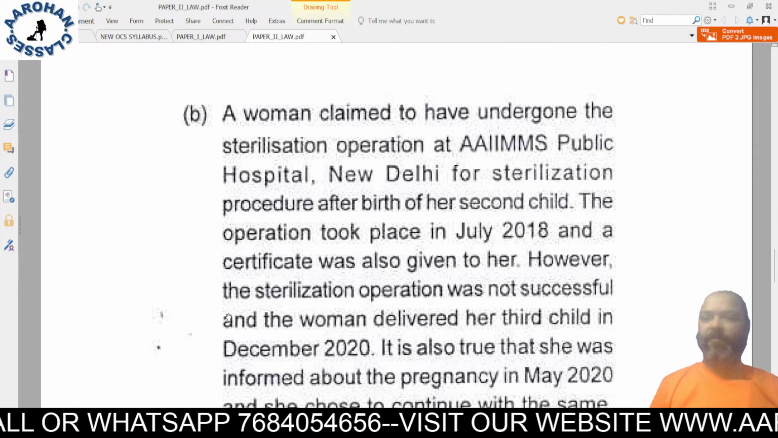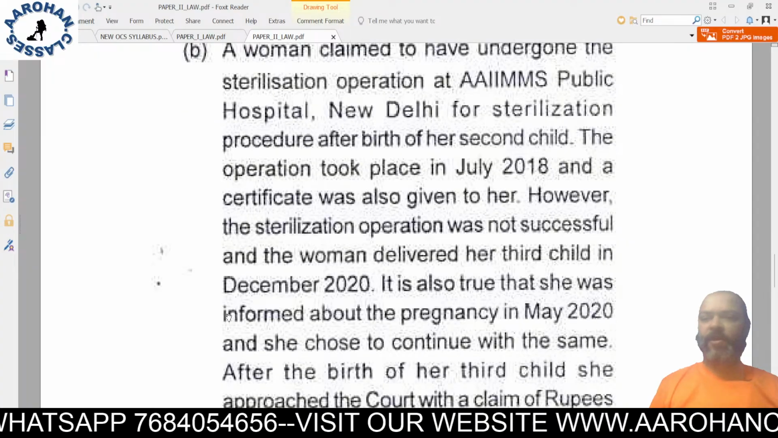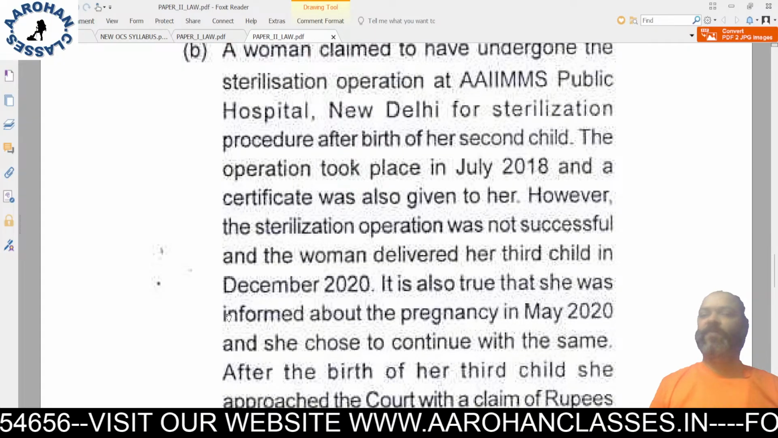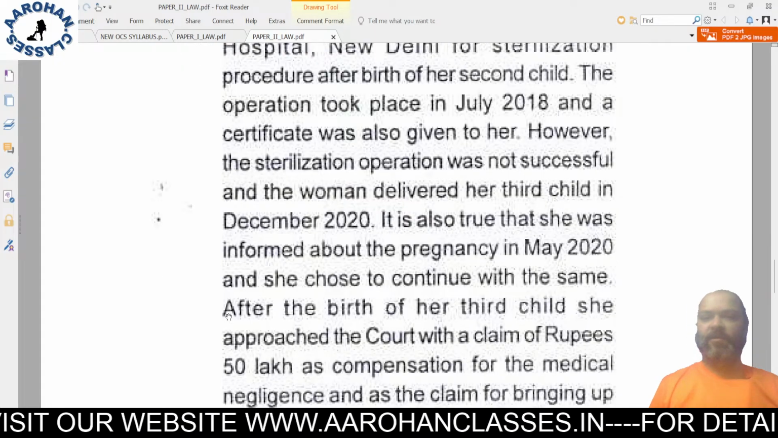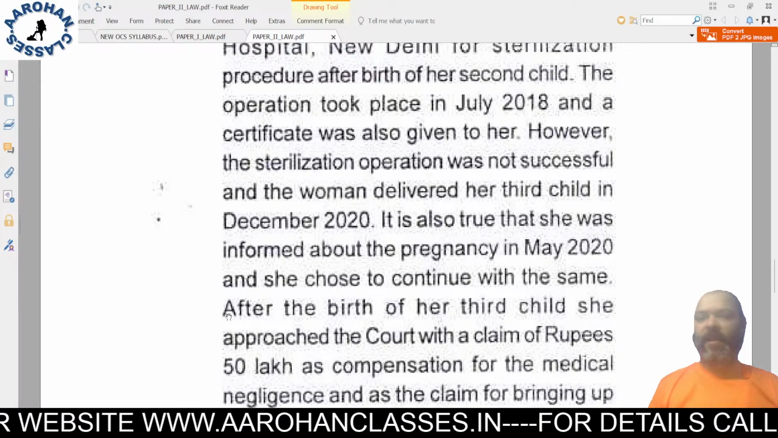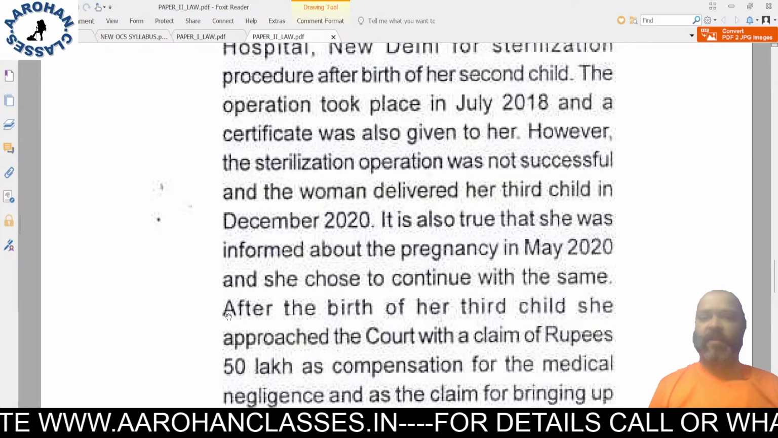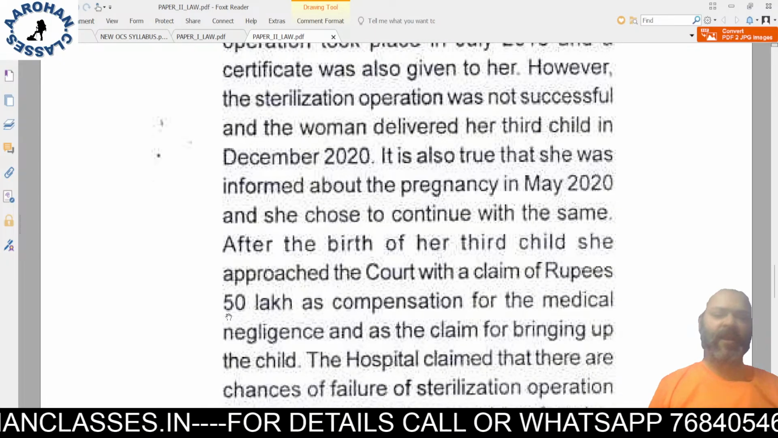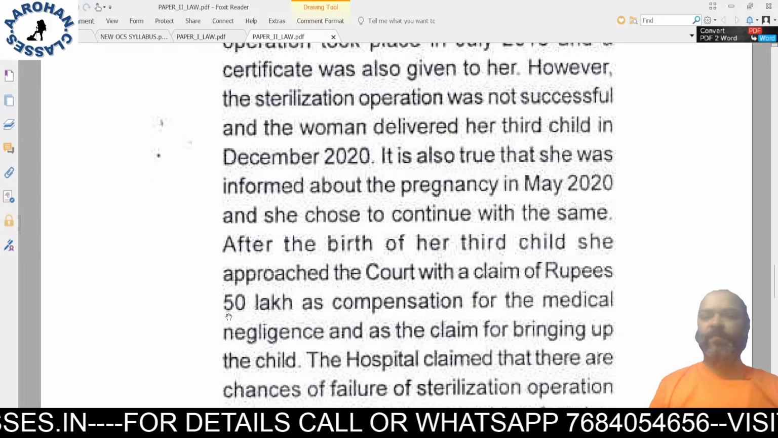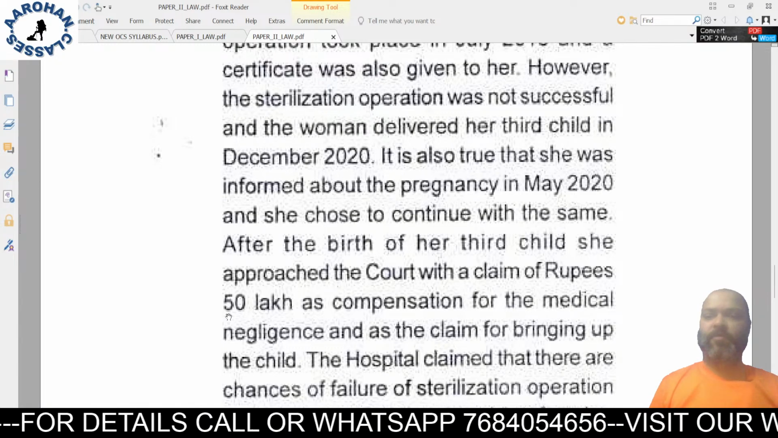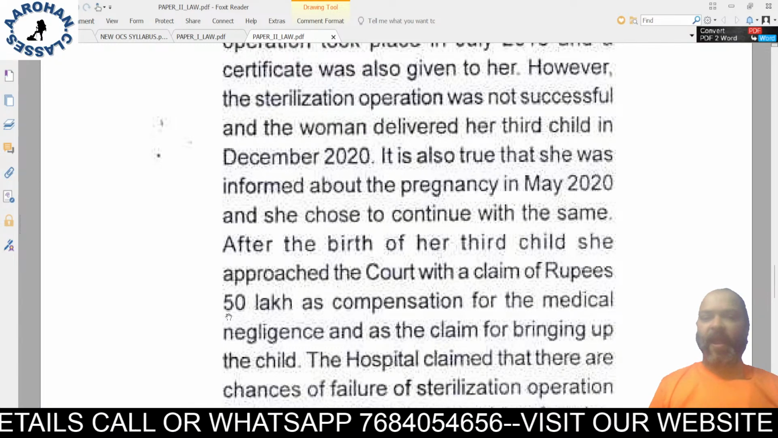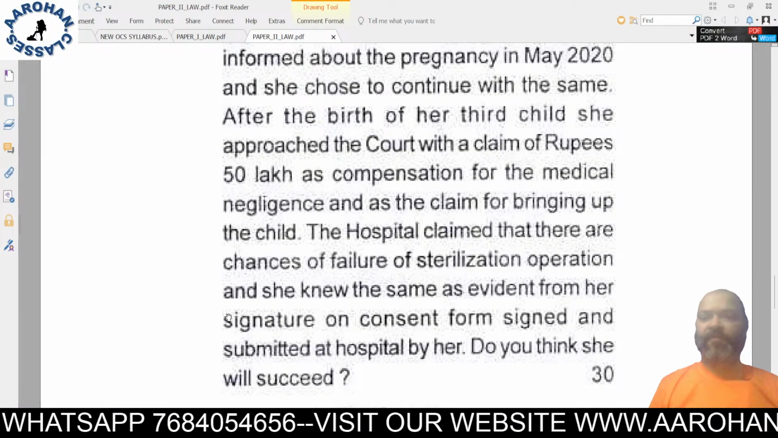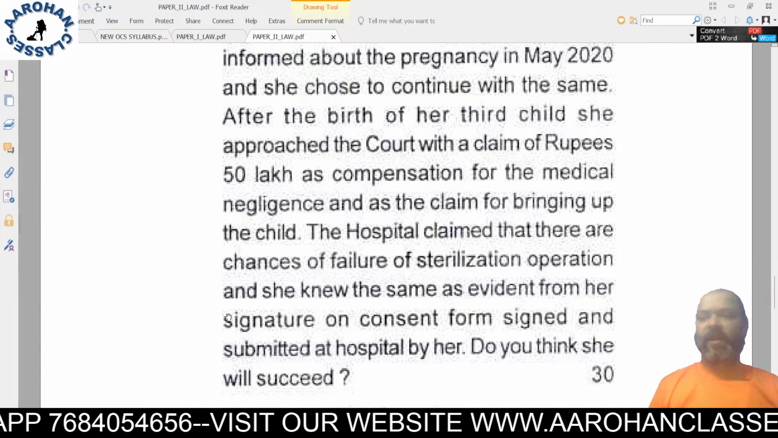A woman claimed to have undergone the sterilization operation at AIIMS Public Hospital, New Delhi after the birth of her second child. The operation took place in July 2018 and a certificate was also given to her. However, the sterilization operation was not successful and the woman delivered a child in December 2020. It is also true that she was informed about the pregnancy in May 2020 and she chose to continue with the same. After the birth of her third child, she approached the court with a claim of Rs 50 lakhs